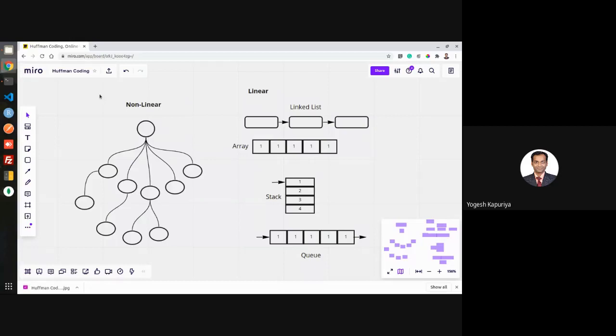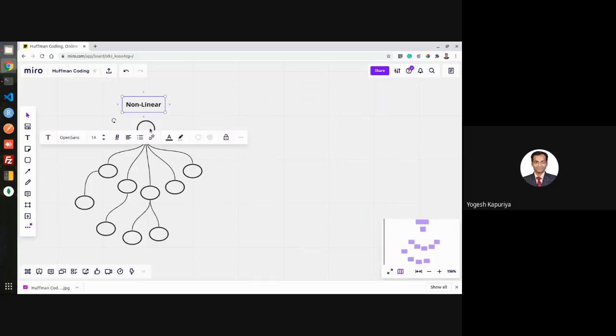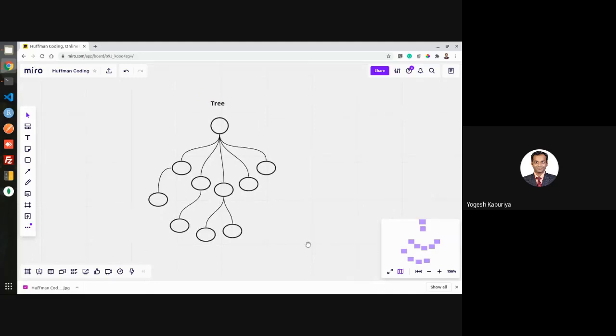Now let us focus more on this, because that is not part of our discussion. So let us discuss this. This is basically one case of a non-linear data structure, that is called a tree. Let us first try to understand what the various elements of a tree are that we need to understand. That means tree terminology. So first, let us understand what this circle is. This is known as a node, right?